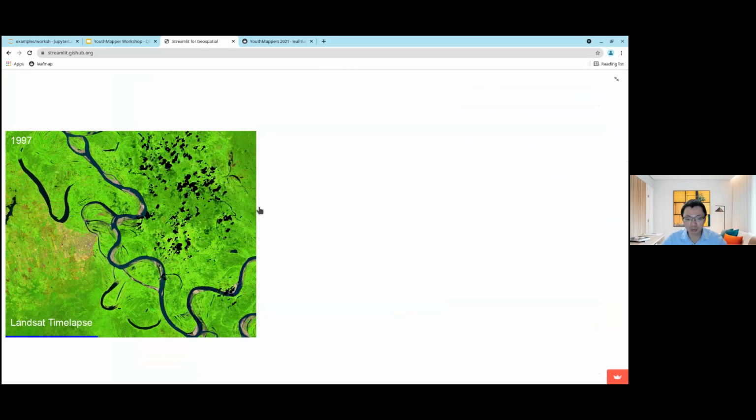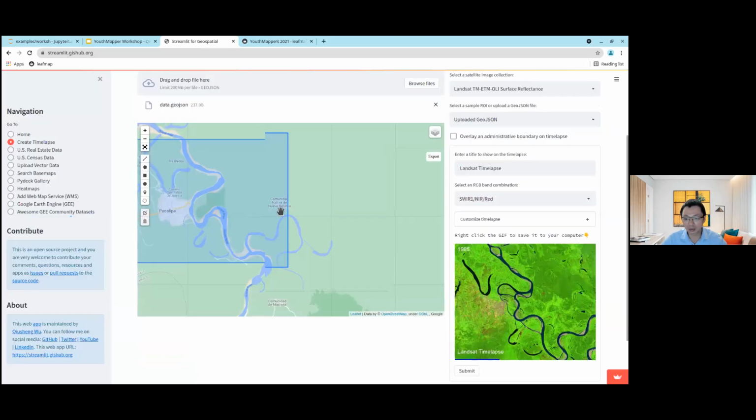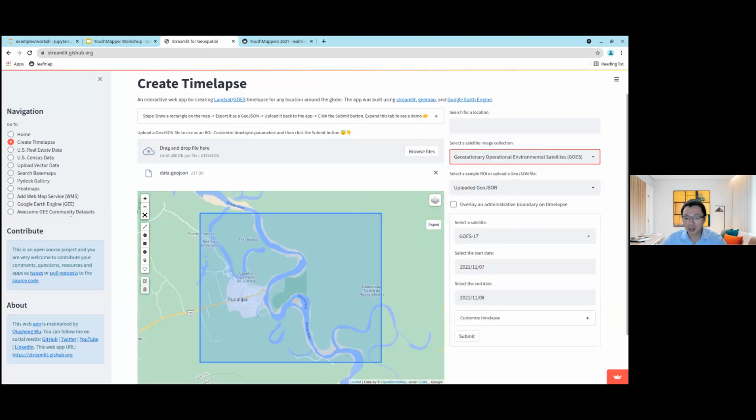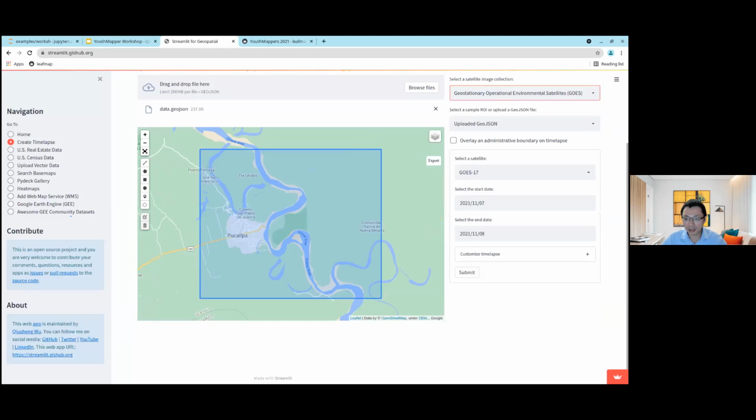It doesn't matter what location you want. You can navigate to any location you like. You should be able to create something like this. You can try, for example, the GOES data set. This is more like for weather satellite. And they say, I want to try out